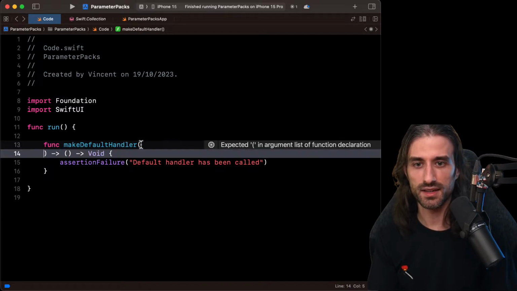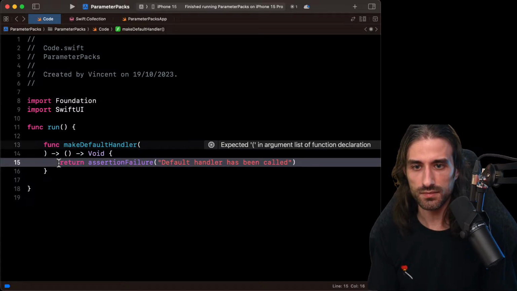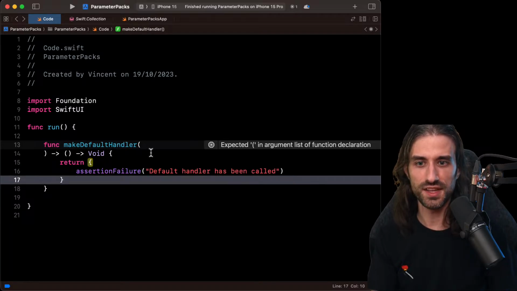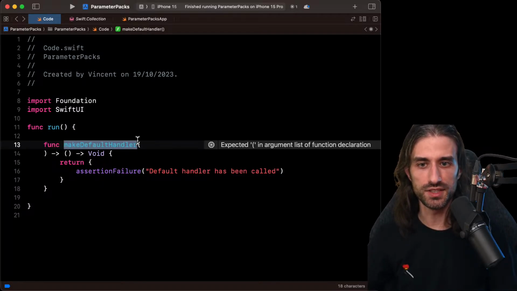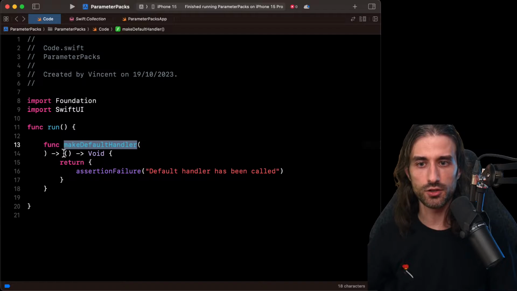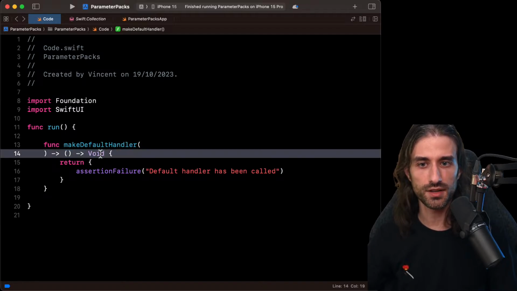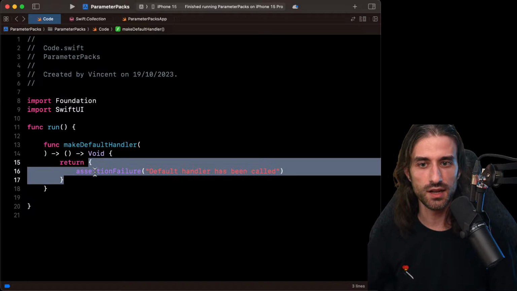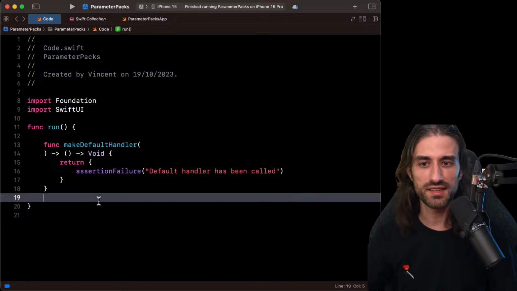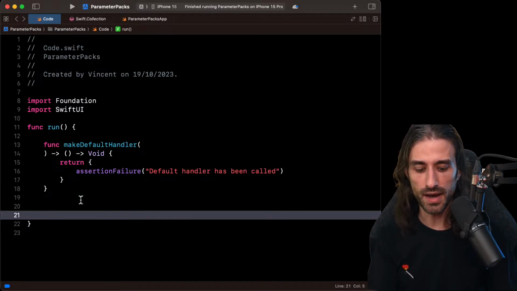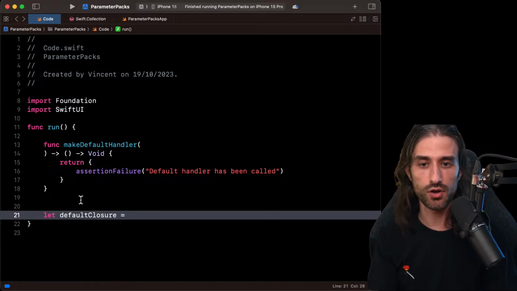So let me add some line returns. Okay. And then I need to add even a bit more syntax, but this function, it makes a default handler. And so it returns a closure that takes no argument and returns void. So this closure is here, and this closure only calls assertion failure. So if by mistake you end up having this default closure be called at runtime because you forgot to inject the actual correct